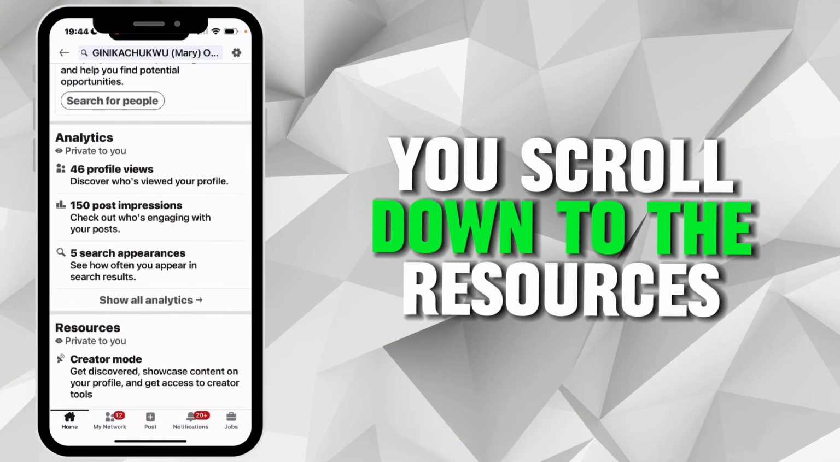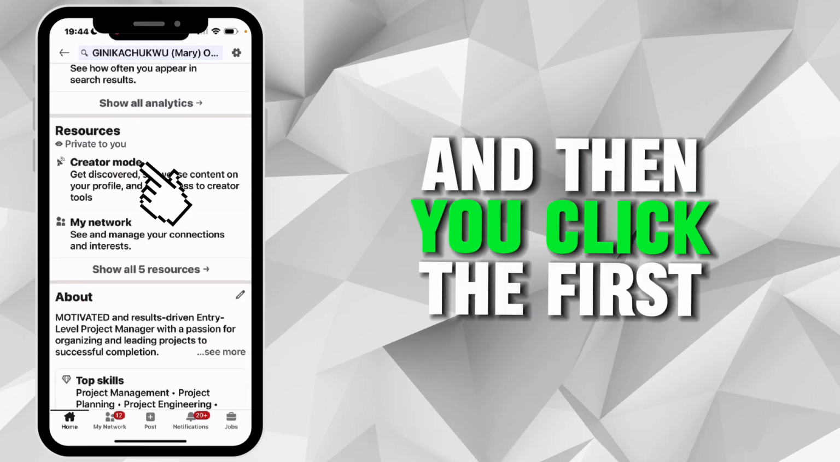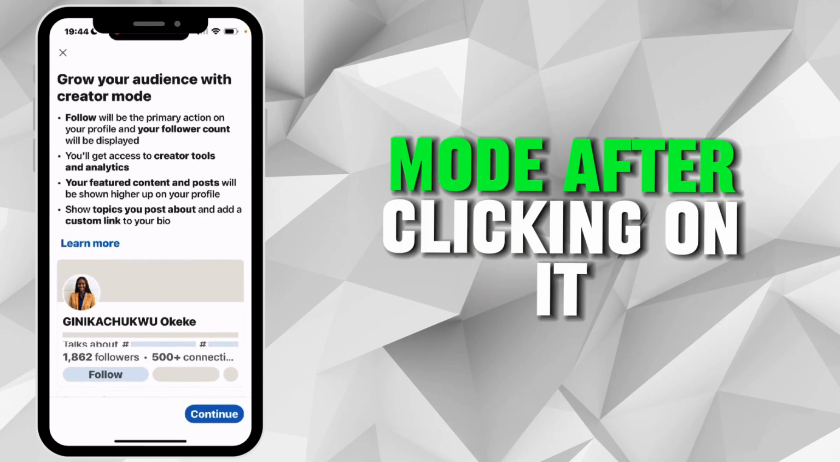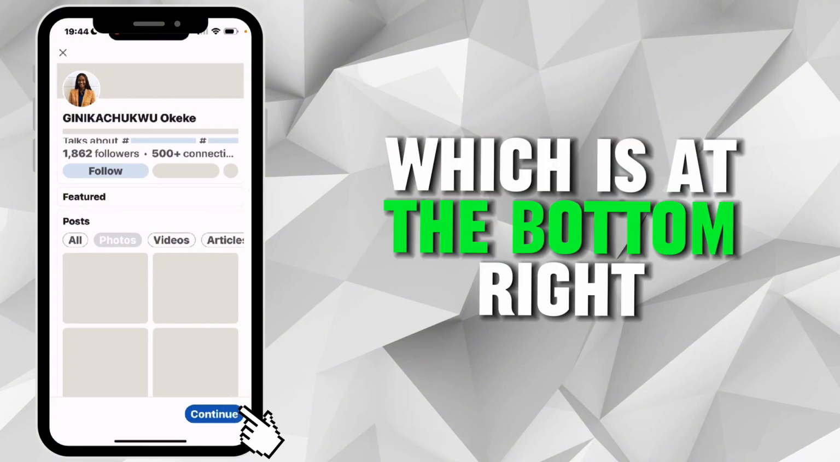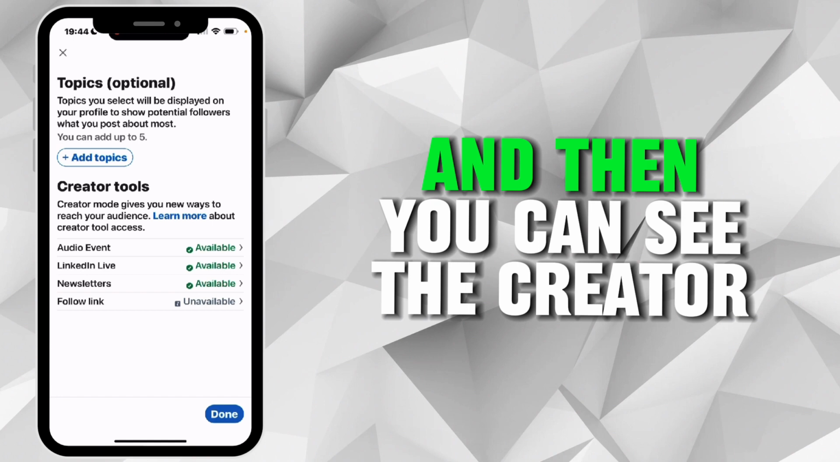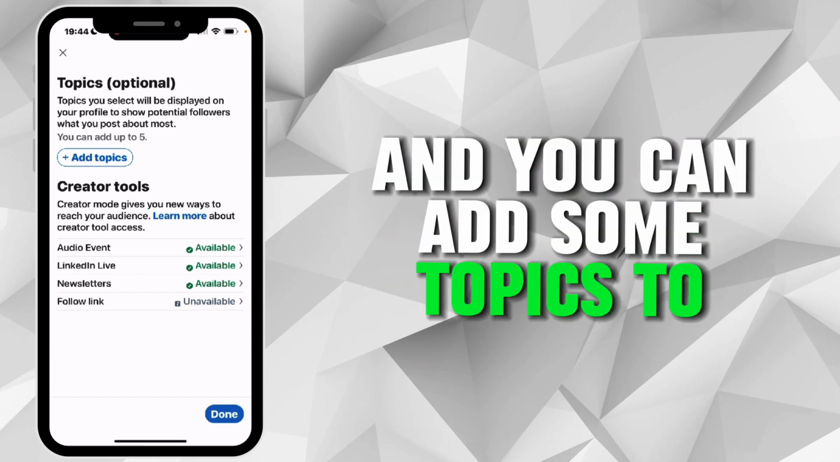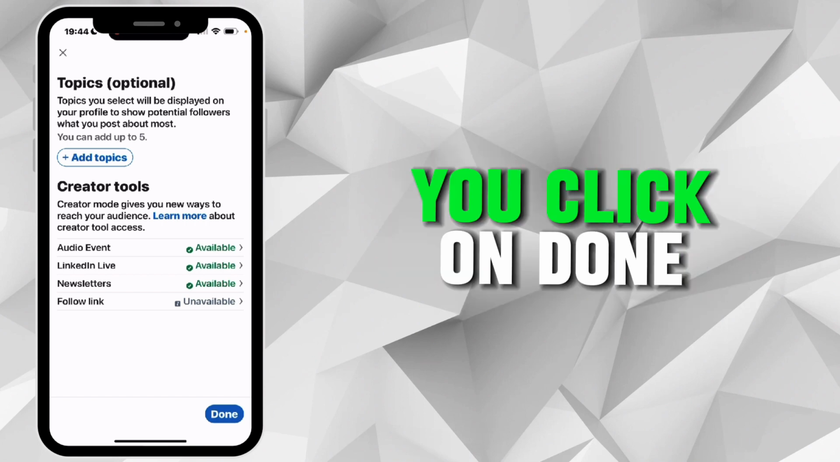You scroll down to the resources section, which is private to you, and then you click the first option that says creator mode. After clicking on it, you swipe down and then you click continue, which is at the bottom right. And then you can see the creator tools that are available and you can add some topics to your profile. So after selecting whatever you wish to select here, you click on done